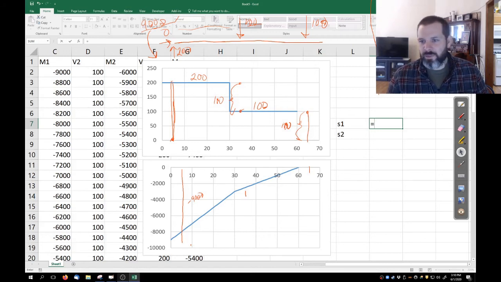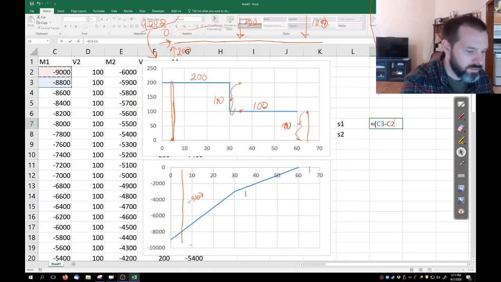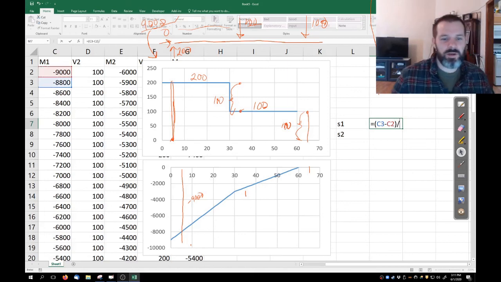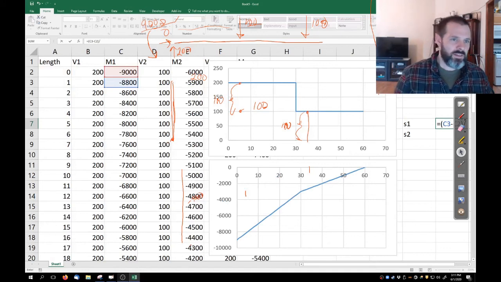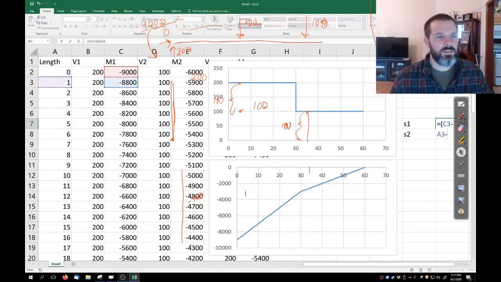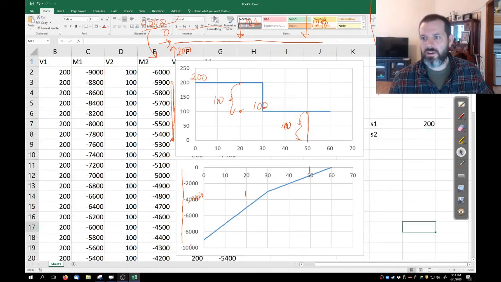So if I say that y is the moment, this minus this divided by this, it comes out to tell me that the slope is 200,